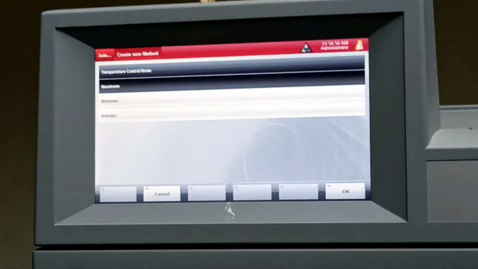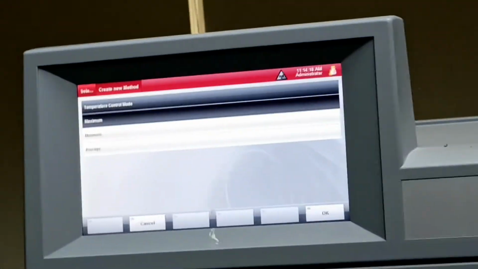If you are taking the same type of matrices, suppose I have 24 samples of soil only, then you select maximum mode.